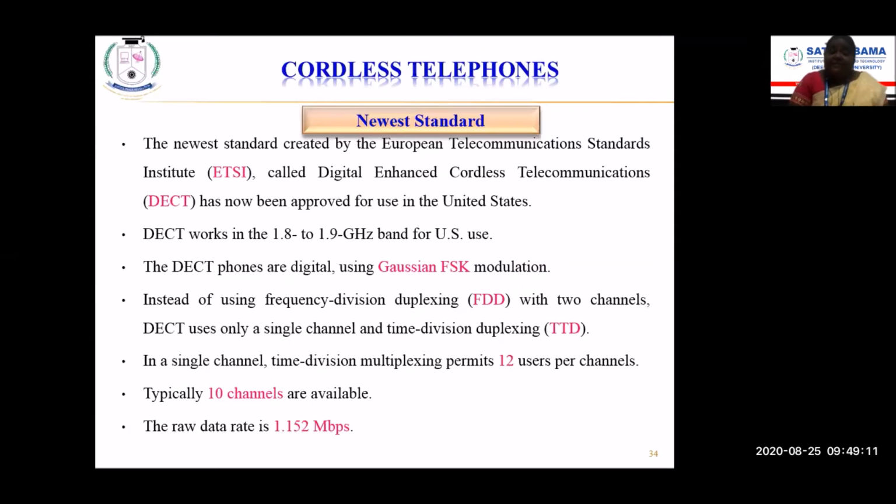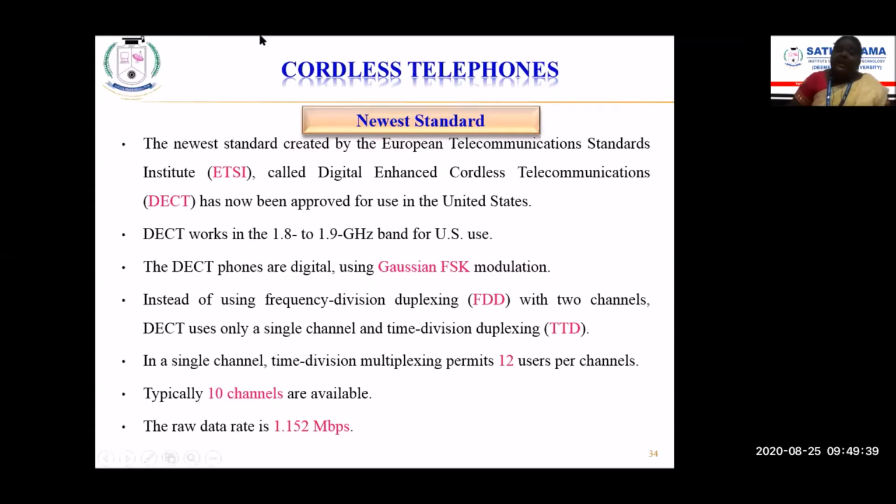Whereas in time division multiplexing, we are given different time slots for the transmission of signals at any frequency that has been allotted. So that is based on the time slot. A particular time slot will be allotted, and within that time period, we have to make efficient utilization of the channel by transmitting our signals.